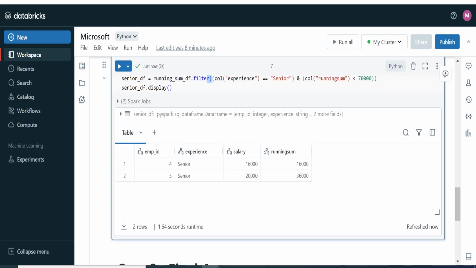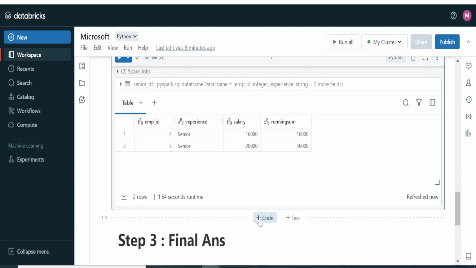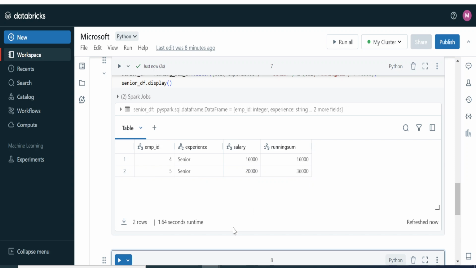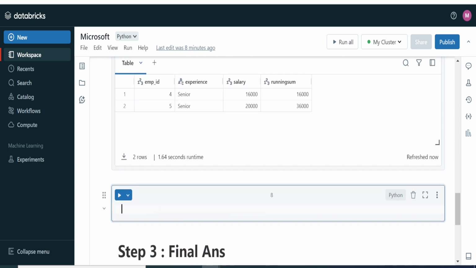Now we have this senior df. Now somehow we need to take care. We need to note this: what is the max running sum? Now for calculating the maximum running sum, we will use senior underscore df. We will aggregate on this column and just find the maximum running sum. Okay, dot agg